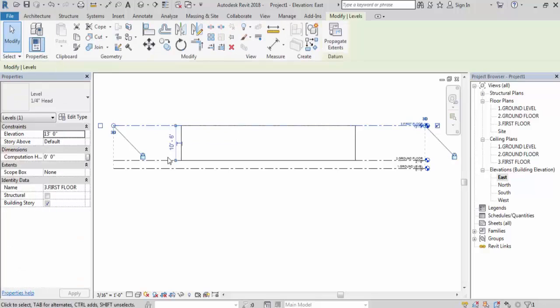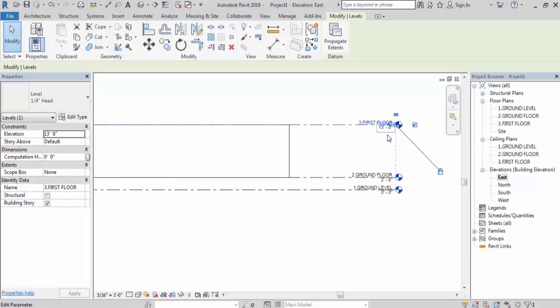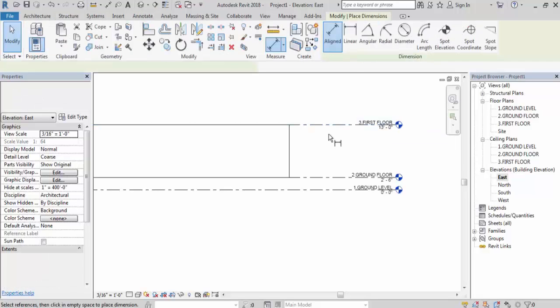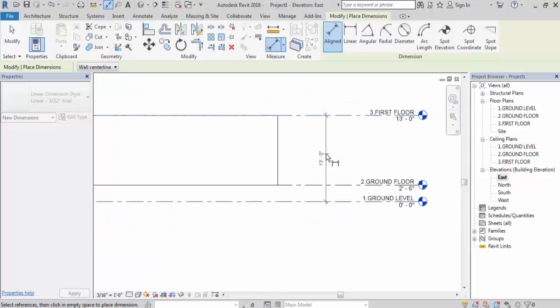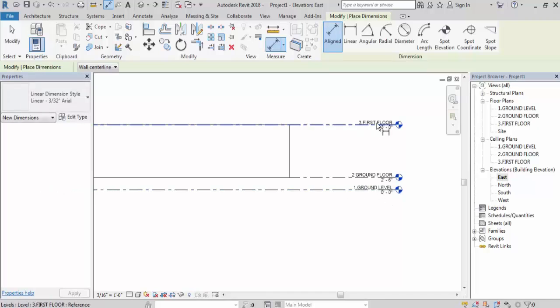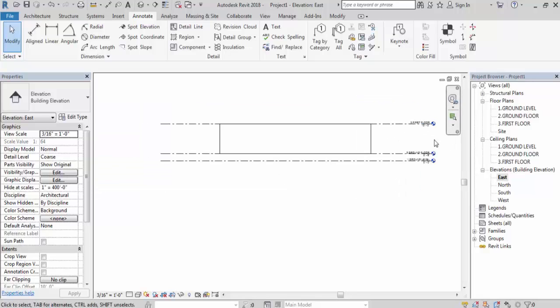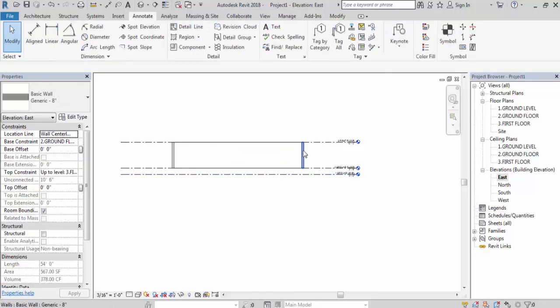So you can see the building height is 10 feet and 6 inch, but the first floor level is 13 feet. Means from ground level to first floor level, this distance is 13 feet. And here to here this distance is 2 feet and 6 inch. 0 level to ground floor level is 2 feet and 6 inch, and 0 level to first floor level is 13 feet. And building height means ground floor to first floor level, that is building height or wall height or floor height also, you can see, that is 10 feet and 6 inch.